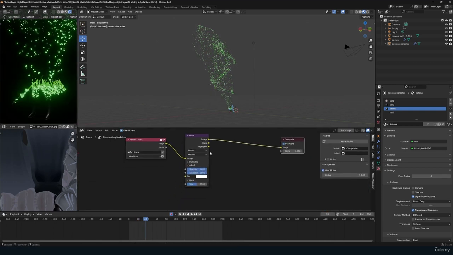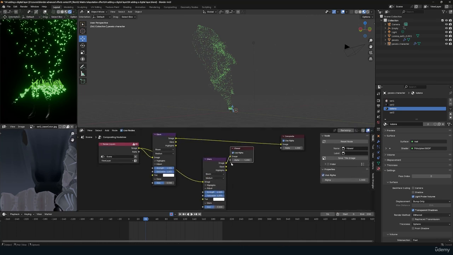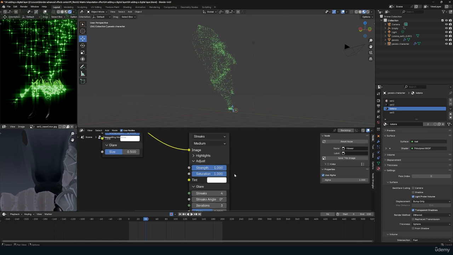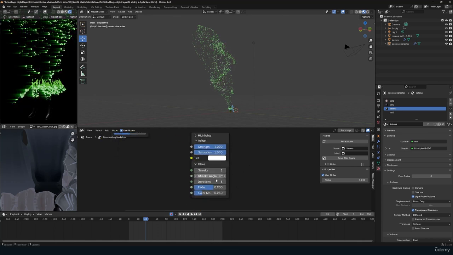Another thing we want to add is some streaks. So I'm going to come here and use another node. Take a look at this. This time we want to use streaks. Yeah, streaks. But we only want one, and we want the angle to be up. Is it negative 90 degrees? Yes. And we can increase the fade and